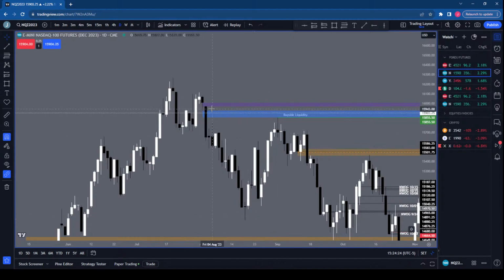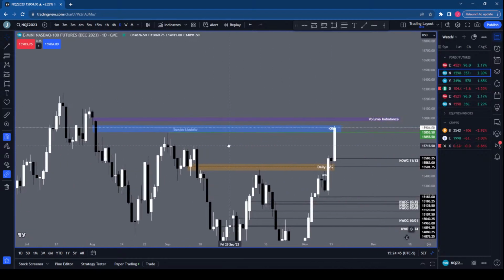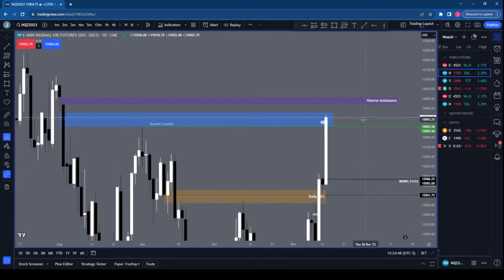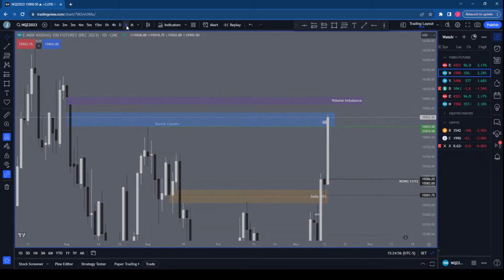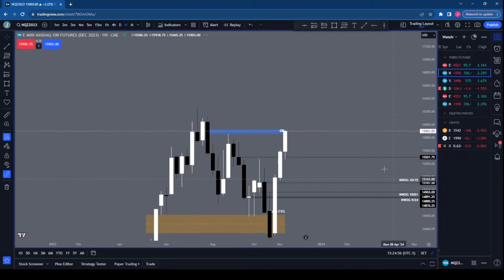And then when we came back around to this SIBI, notice how this candle or this wick goes above this, because now this is the area where it's inefficient. And then when we delivered that right here, that became the level that was left for inefficient delivery. So that's what I had mapped out for that blue area. I have this volume imbalance noted. We've come pretty far on the weekly,